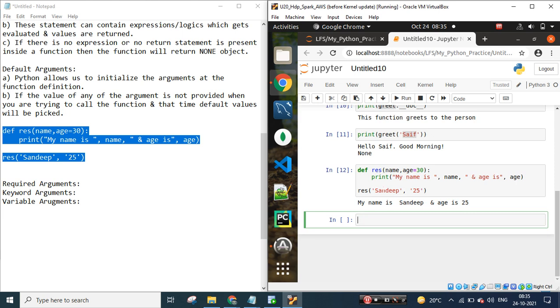Here you have passed the parameters, the arguments, that were available. There were two parameters and you have successfully passed them. If you omit them and don't pass them, then the values available at the default level, given at the function definition,